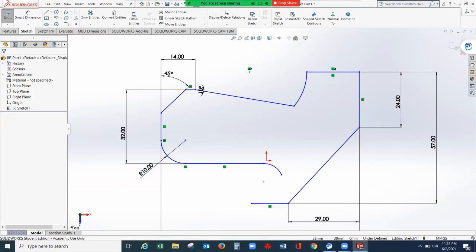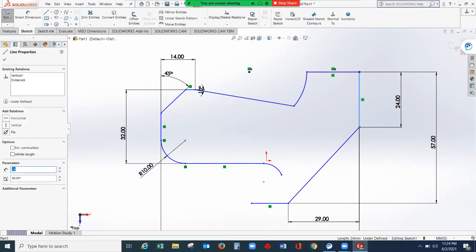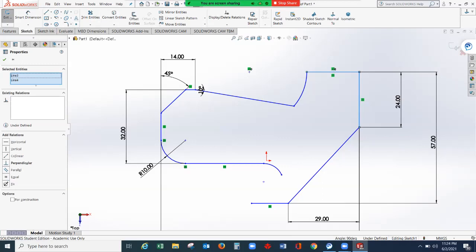If you want to add a sketch relation to this line, you can select this vertical line, press and hold the shift key on the keyboard, select this vertical line, and look at here on the left side. So you can see here, there is an equal relation. So select this equal. So it will become equal. So this is 24, this is 24.